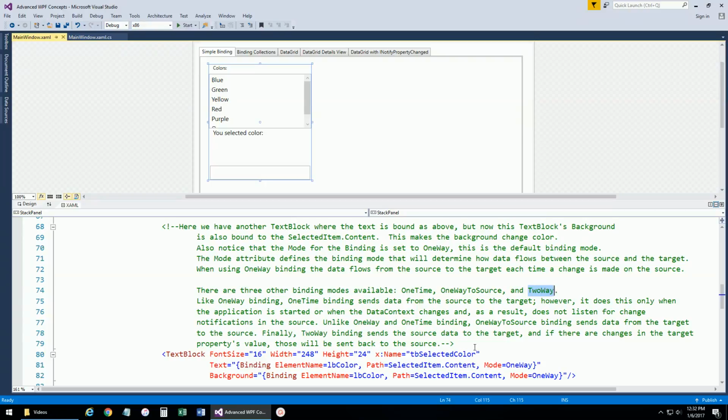And so what that means is that there's only a one-way flow of information. So that means the data flows from here, this list box, and it flows down to this label down here. So when this gets clicked, it communicates down to this label that it's bound to update it. And so you can see,